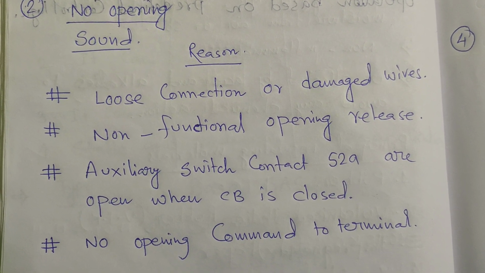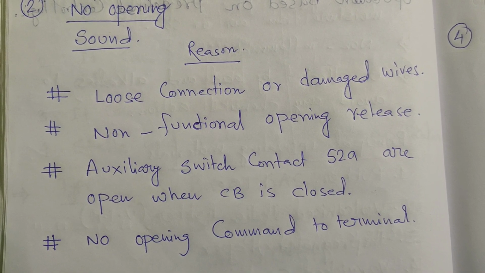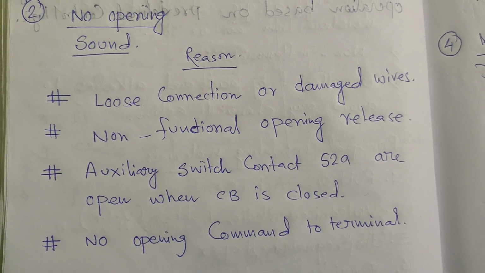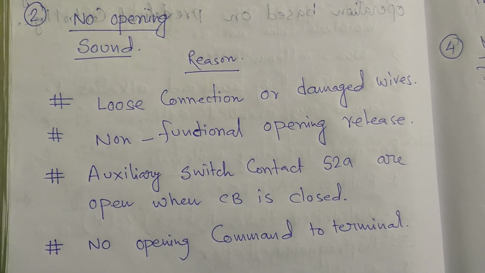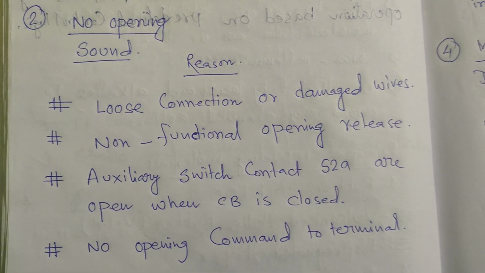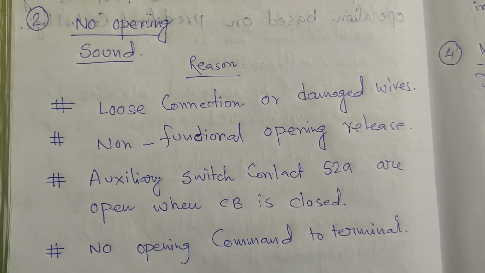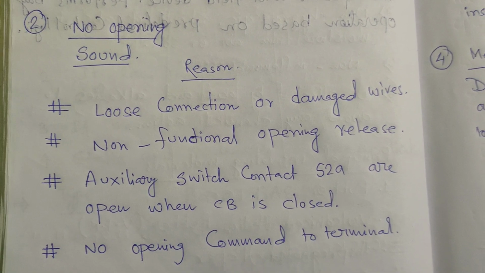When the circuit breaker is closed, the auxiliary switches 52A and 52B operate vice versa. When the circuit breaker is in closed condition, that means 52B will be open and 52A will be closed. If the 52A will be closed, that means